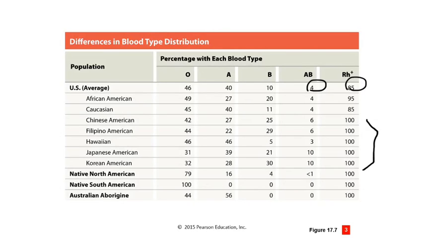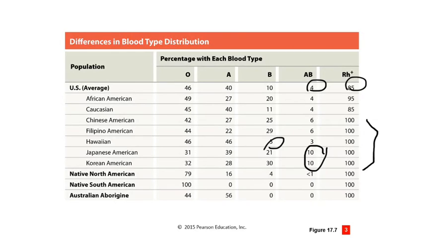And if you look, Japanese American, for example, Korean and Japanese groups have a much higher percentage of AB. And other groups like Hawaiians have a lower percentage of the B type. So this is just a sort of a curious chart to look at. Notice too,